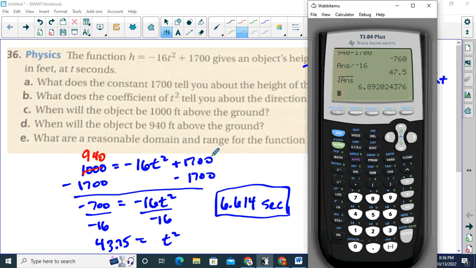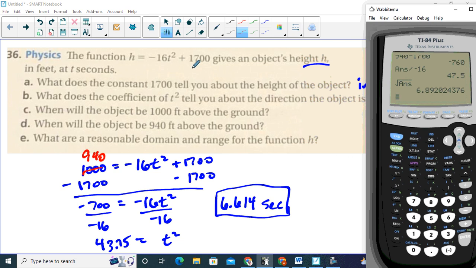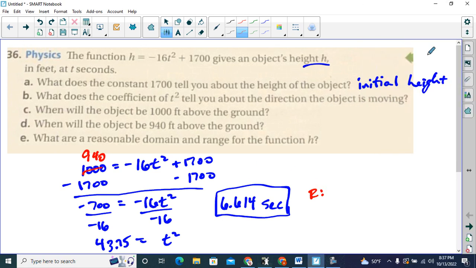And part E wants a reasonable domain and range for the function. So eventually the object's going to hit the ground and stop on the ground. So the range, the y values, are heights. It's not going to go below the ground. So the lowest it can go is 0, and the highest that it started at was 1,700, including those values. The domain, we know that the time starts at 0,